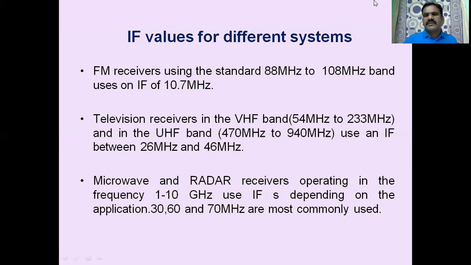In the next class, we will study the image frequency rejection ratio, and we will also study how the message signal is recovered from the AM wave, the process of demodulation of AM, and we will also see in detail about automatic gain control and how we can keep the gain constant irrespective of the incoming signal variations due to fading. We will study the process of demodulation and AGC in detail in the next video lesson.